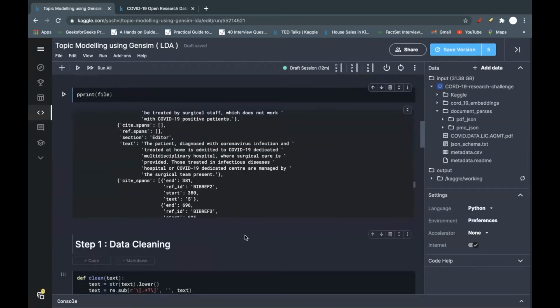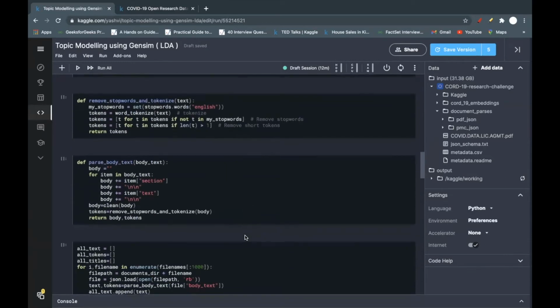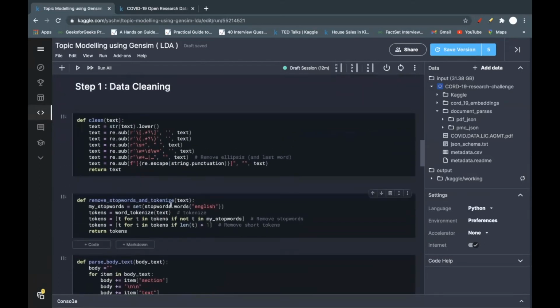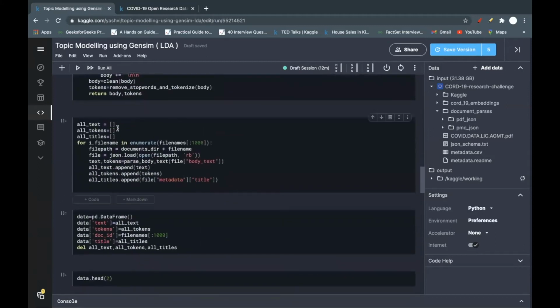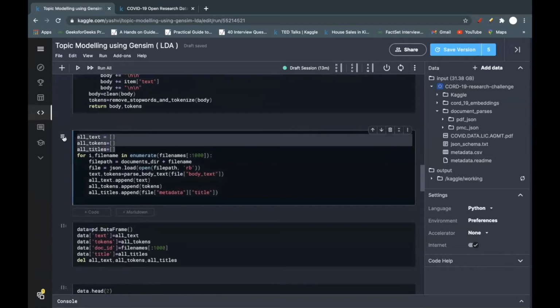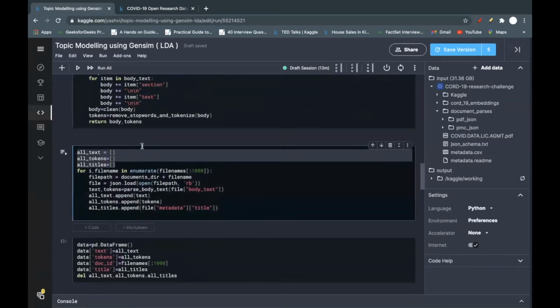So the next step is data cleaning and pre-processing. Before talking about this function, here I have created three arrays for text, tokens, and titles.